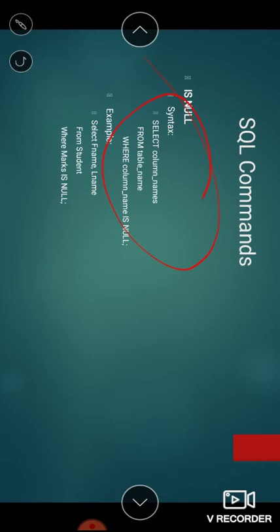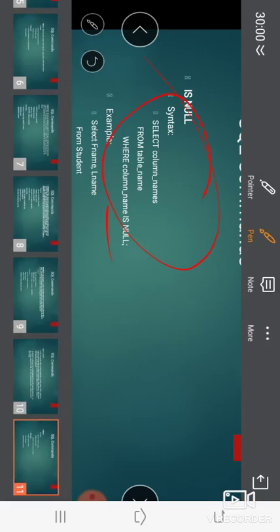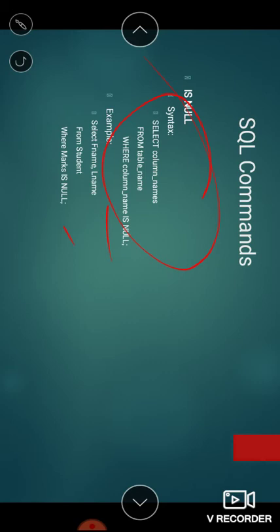Select column names from table name where column name is null. Let's suppose we are taking F name and L name from student where marks is null. It will select the F name and L name of the students whose marks are not specified, or we have put a null value.